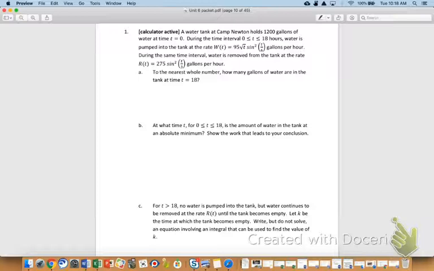So have you ever seen anything like this before? No, unfortunately. Come on, yes you have. We did a water tank question before. Remember, it was, is the amount of water in the tank increasing or decreasing? We did those. Remember that we did another set where it was, at what time does the water tank have a maximum amount of water or maybe a minimum amount of water? We've done questions very similar to this before.